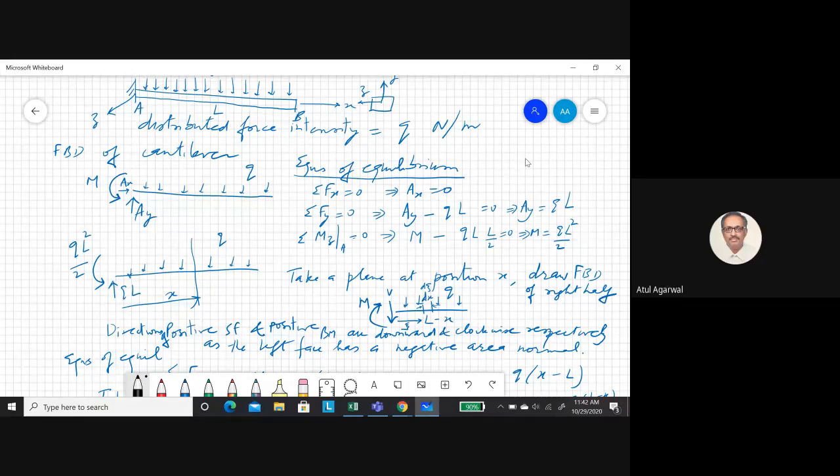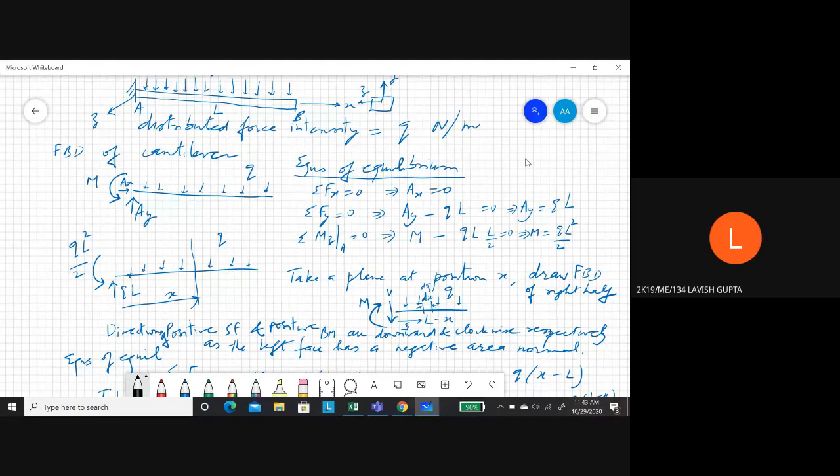Look, this is still not the shear force diagram. This is the free body diagram of the cantilever, and I am showing the moment and forces with static sign convention. I have not started drawing the shear force and bending moment diagram. These are actual forces. This M is an actual moment.